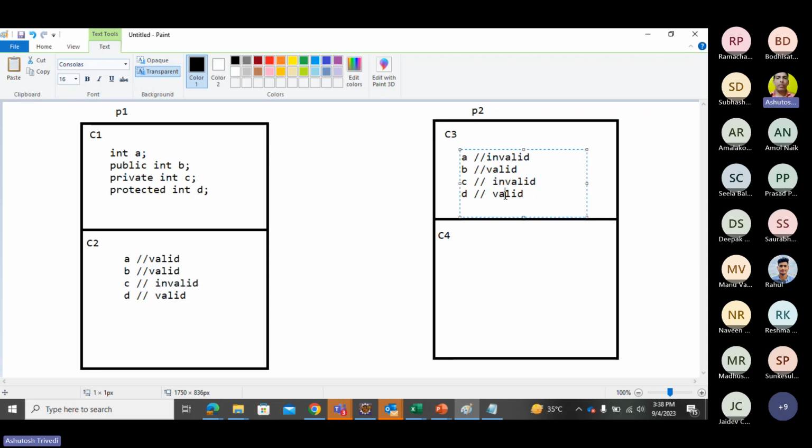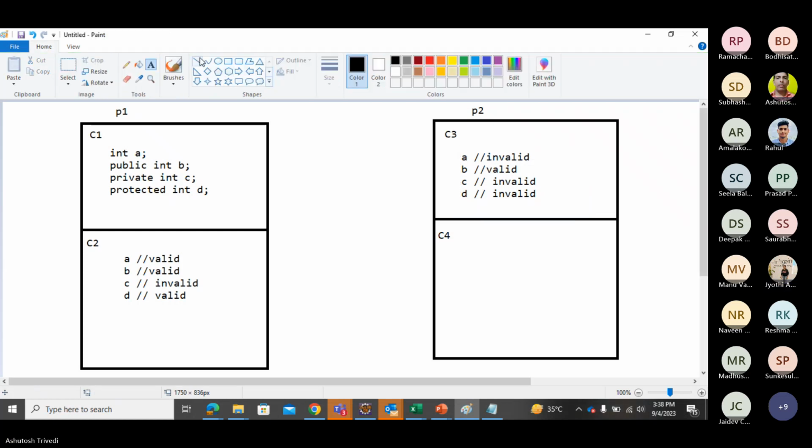Protected, can you access here, guys? Tell me. No, you can't access. Why? Because protected can be accessed within the package only, within a class and within the package. And outside the package you can access a protected member, but only once you have